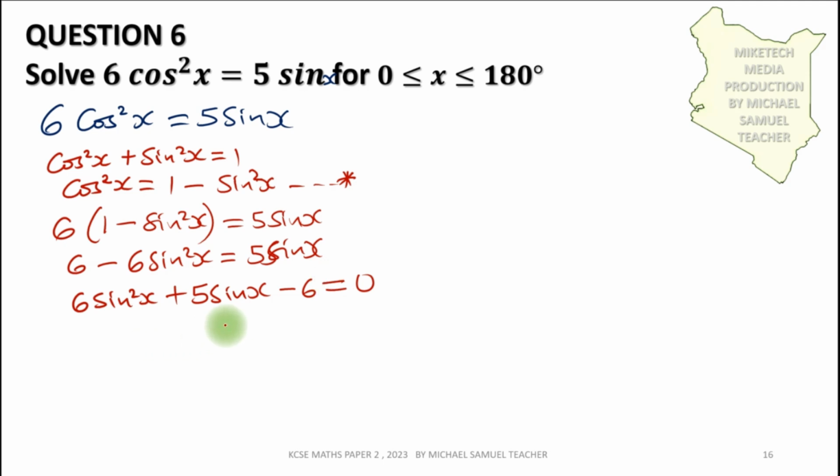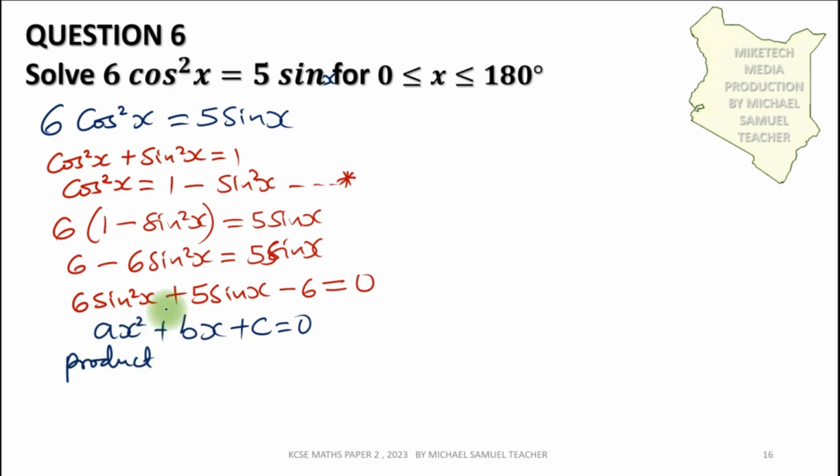Now, since this is a quadratic equation involving trigonometry, we are going to remember it is of the form ax squared plus bx plus c is equal to 0, whereby a is 6, and here we are dealing with sine x squared representing x squared, and the other case is the same. B is 5, C is minus 6, but we need to get the value of x. So we can get the product